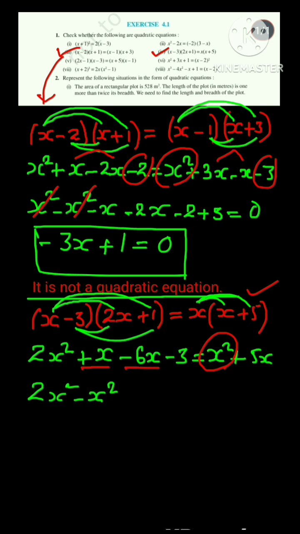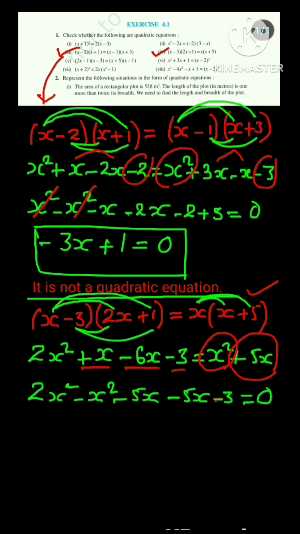After subtracting we obtain minus 5x, and this plus 5x comes to LHS and becomes minus 5x, and this minus 3 as it is equal to